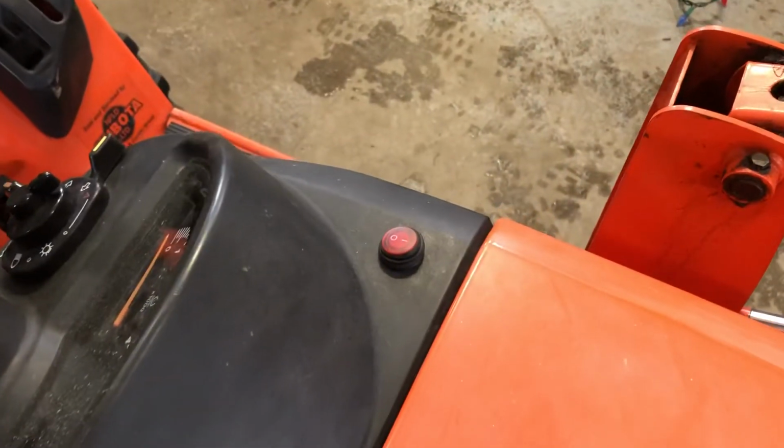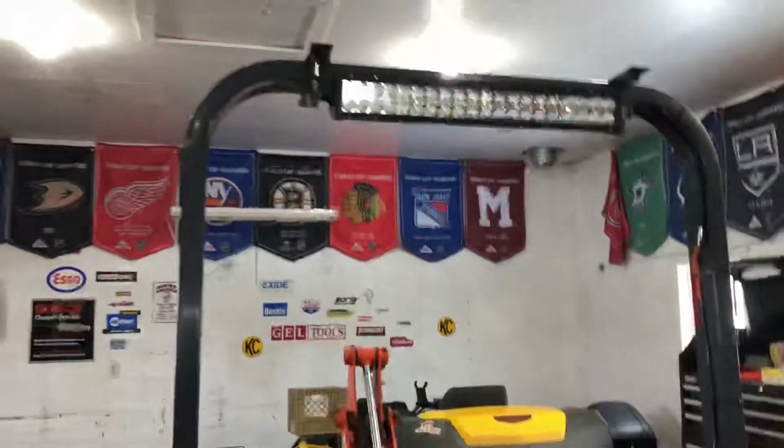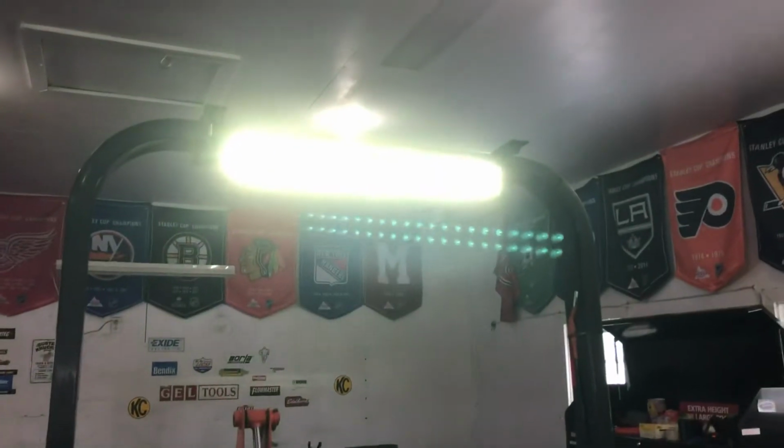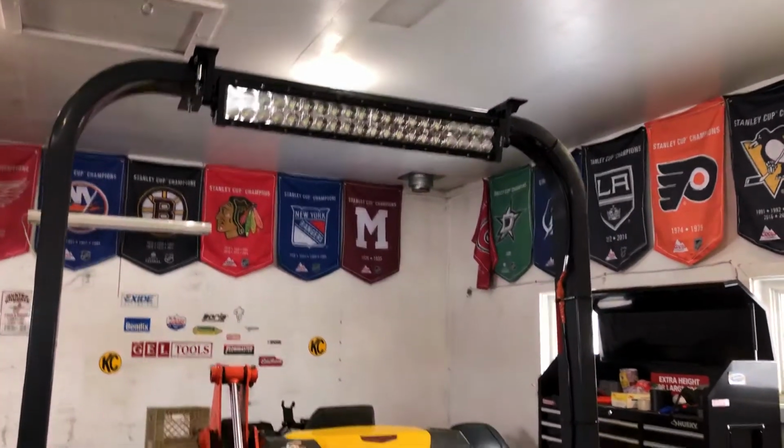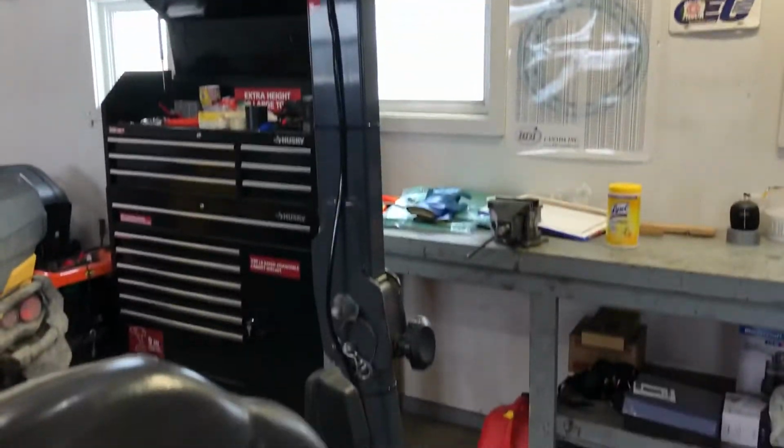Just turn it on here. You can drill the small hole here for the switch. Very bright. I just ran the wire down the roll bar and